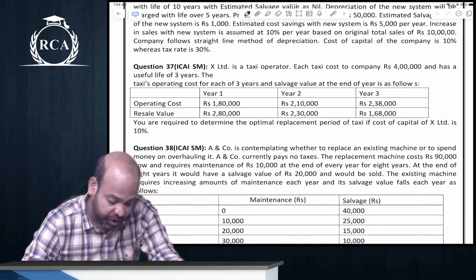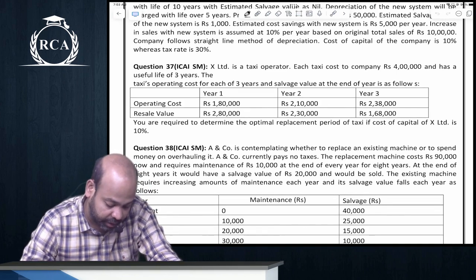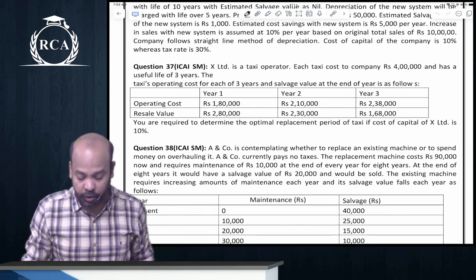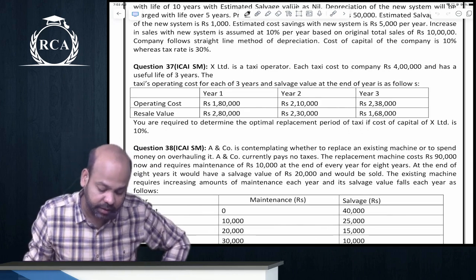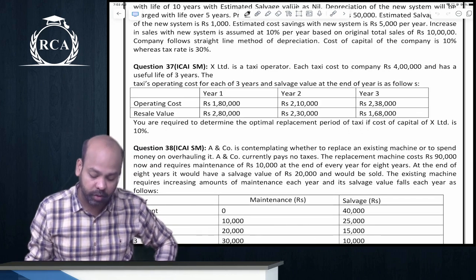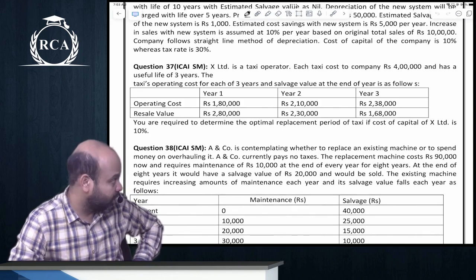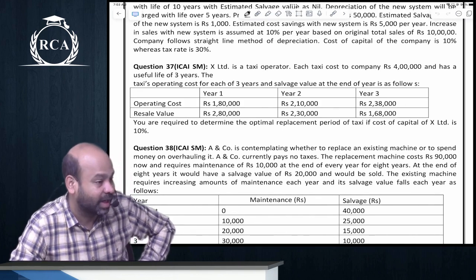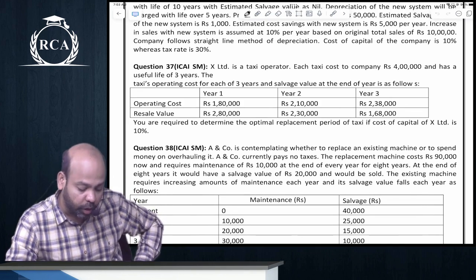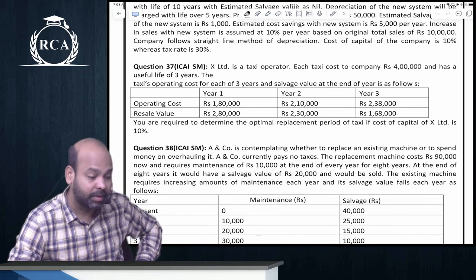If you use the machine for 1 year, your operating cost will be 1,80,000 and your resale value at the end of year 1 will be 2,80,000. If you use the machine for 2 years, your maintenance cost is going to be 2,10,000 and your resale value is going to be 2,30,000. Using it for 3 years, 2,38,000 and 1,68,000. You're required to determine the optimum replacement period of the taxi if the cost of capital of X Limited is